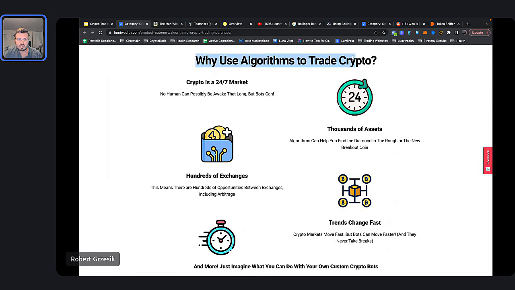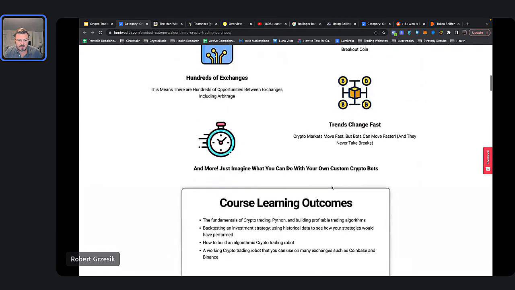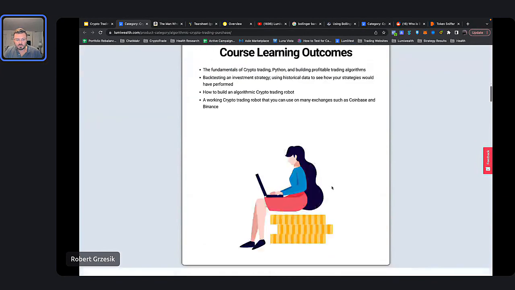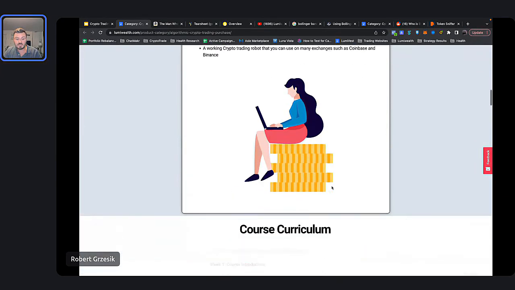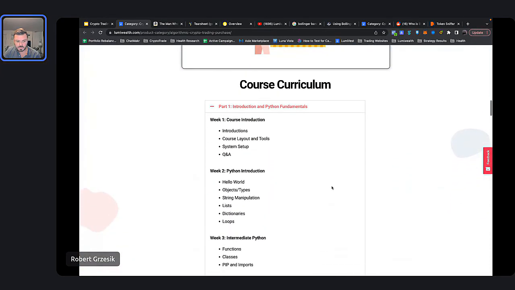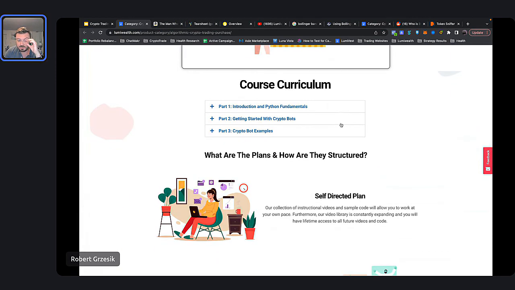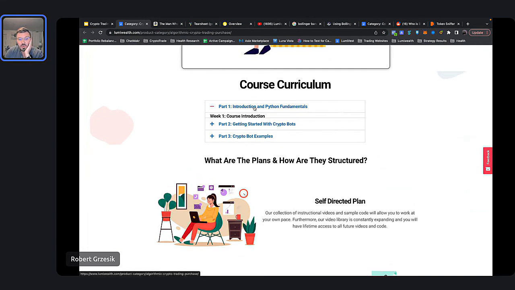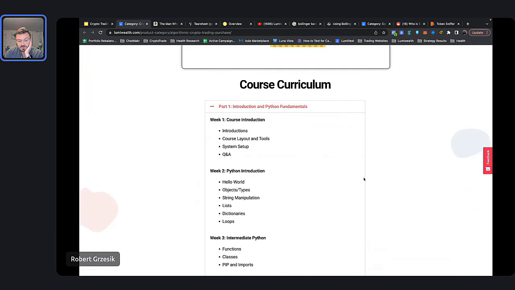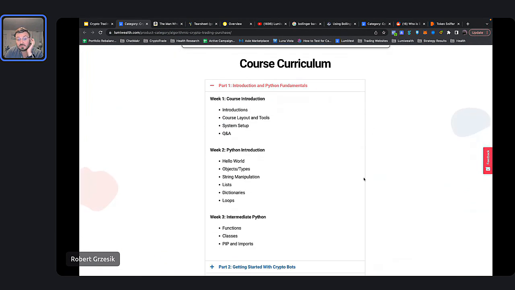So we spoke about this a little bit already, but why do we want to use algorithms to trade crypto? Here's a few different reasons, right? We've already spoken about those. If you want to read about our learning outcomes, you can do so here too. But what I want to talk about is our course curriculum, right? So our course is divided up into 3 parts. It is an 8-week-long class, this crypto trading class. Part 1 is getting to know all the fundamentals, right? So again, even if you don't know how to code,